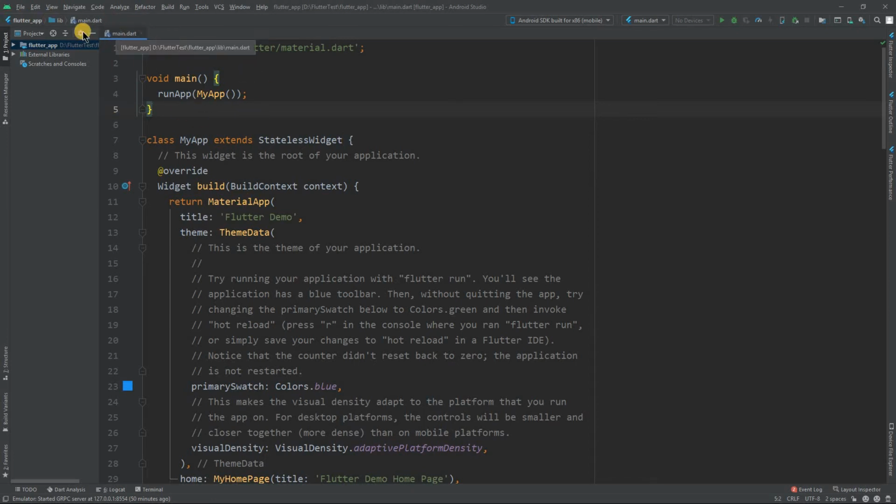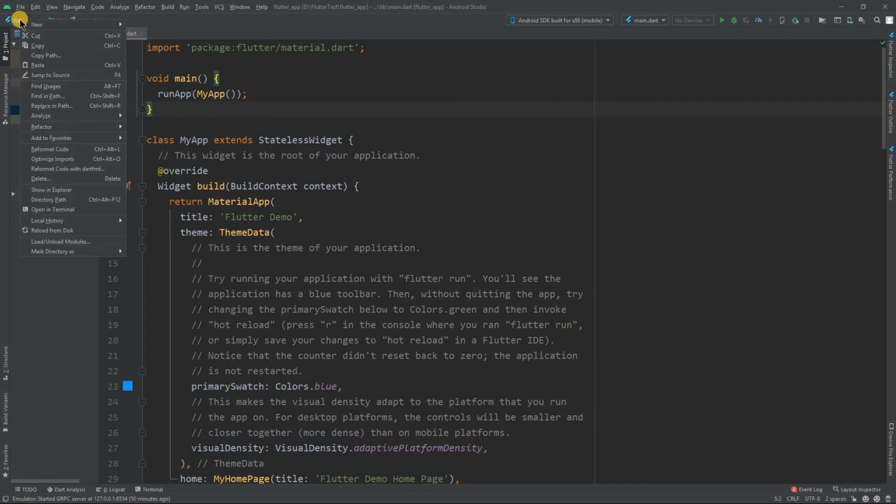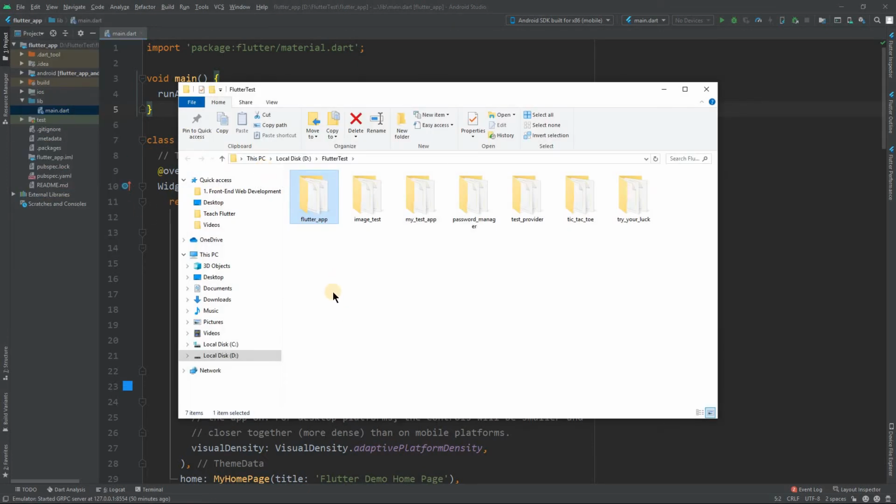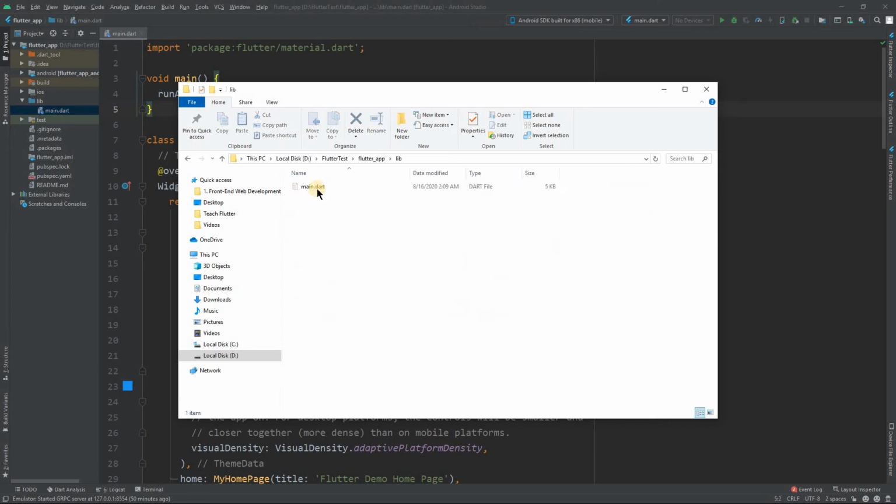This main.dart is actually in the flutter app folder, then the lib folder, then the main.dart file. This is the path written here, and if we go to Show in Explorer, then we can see flutter app, lib and main.dart.